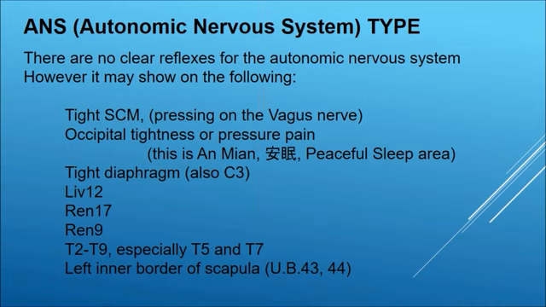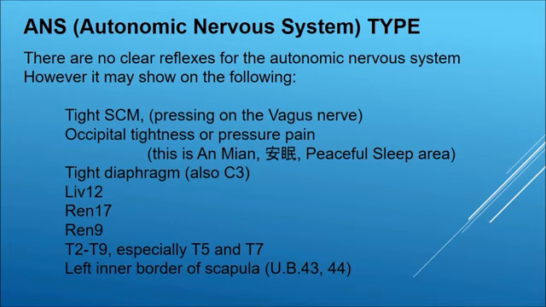There are no clear reflexes for the autonomic nervous system in the body. It may show as tightness on the SCM, creating a vagus nerve blockage. A tight SCM can constrict the vagus nerve, which is a parasympathetic nerve, and this deprives the organs of parasympathetic feed. A tight diaphragm can also be an indicator of a tight nervous system, and because of the diaphragm, C3